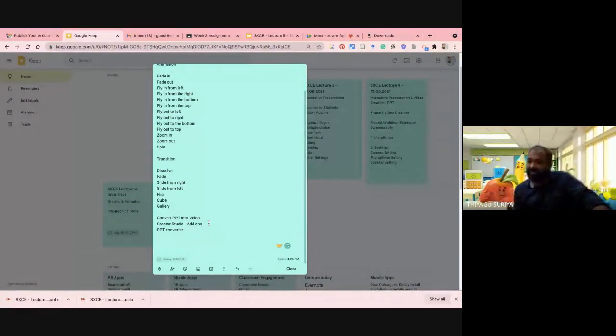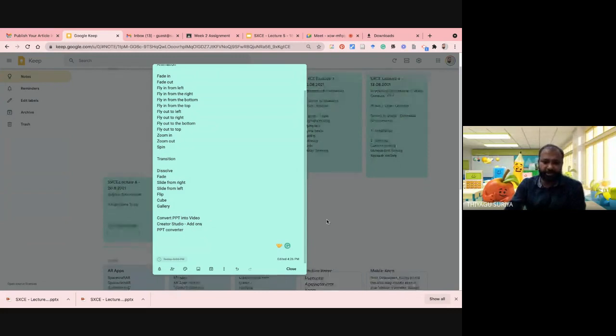If you convert from the PPT into a different file format, the quality is good. So don't go with Creative Studio, is my suggestion, because the quality is not that attractive when you download as a video or convert as a zip file. So definitely you can use this PPT to convert these kinds of things. Yes, now the platform is yours, you have to ask the questions now.